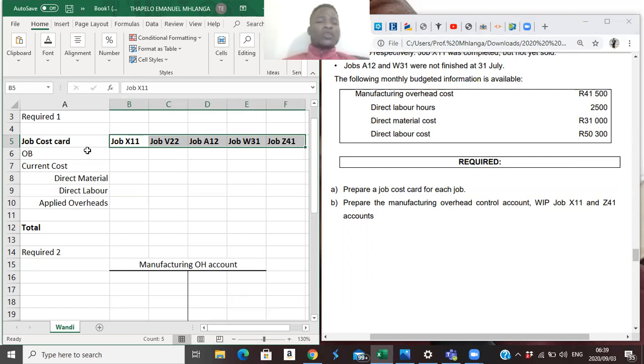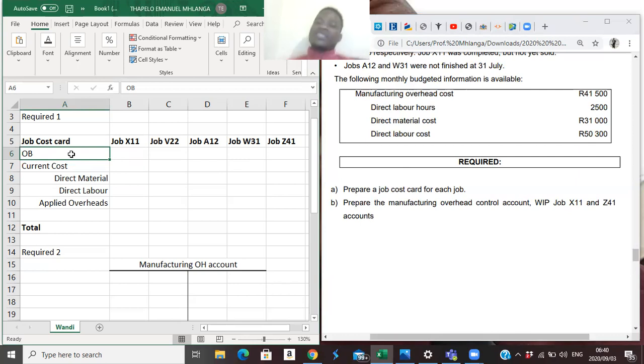In the job cost card, we're going to have our opening balances. Our opening balances are the costs which we incurred in the previous period. Just like now we are in July, I believe so. Yes, we are in July. And then all the jobs which you started in the previous period, being June, will be part of your opening balances. Those are the costs that are in your opening balances. Make sure that in your opening balance, last month you already incurred everything: labor, material, and overheads. When you get your opening balance, just add all those amounts